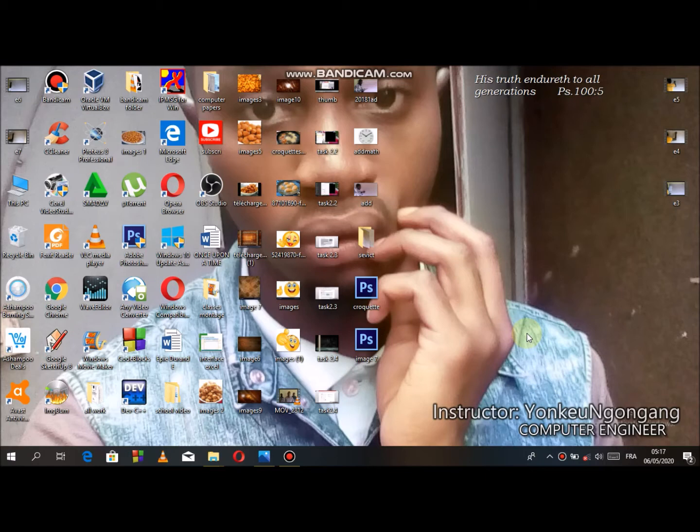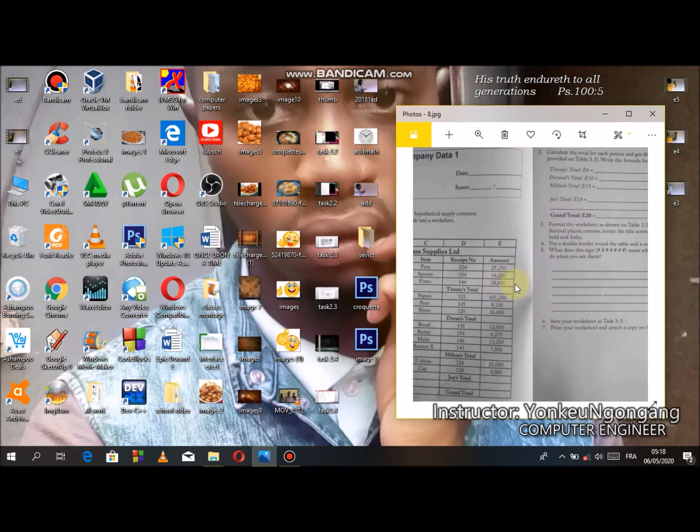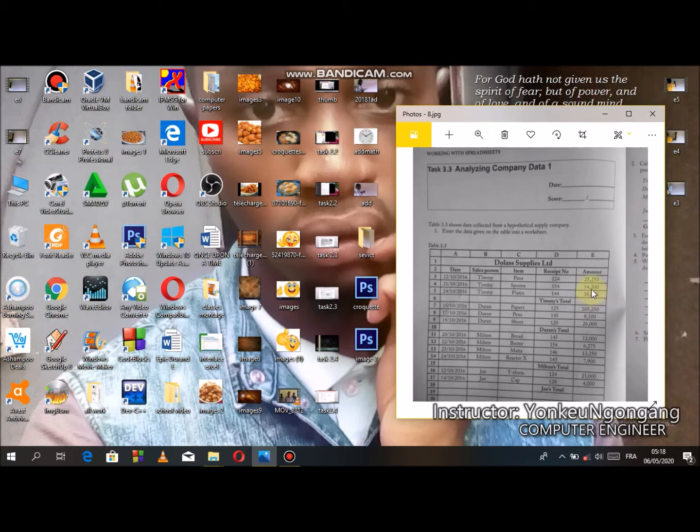We are now on task 3.3, analyzing company data. Let me open it and let us proceed together. This is it. Analyzing company data 1. We are still on spreadsheet. I'll make a brief review of what I spoke about when I was dealing with task 3.2. If you have not looked at it, you can go to our channel and see task